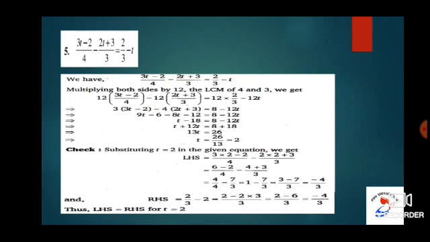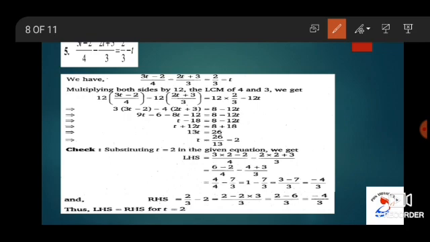It is question number 5 of the same exercise, that is (3t - 2)/4 minus (2t + 3)/3 is equal to 2/3 minus t. Now again let us find out the LCM for the denominators. Now the LCM of 4 and 3 is 12. So what we are going to do? We are going to multiply with 12 on both the sides, which will give you the result as 12 into (3t - 2)/4 minus 12 into (2t + 3)/3 is equal to 12 into 2 by